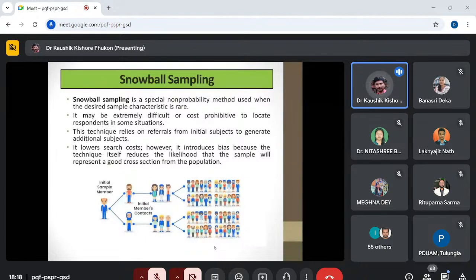Then you must obtain some reference, because that person knows some other person who is facing problems like him. So he will refer, and then the next person will also refer. In that way, you have to spread your survey. So snowball sampling is a very important sampling to handle different complex situations. You should be clear about that.